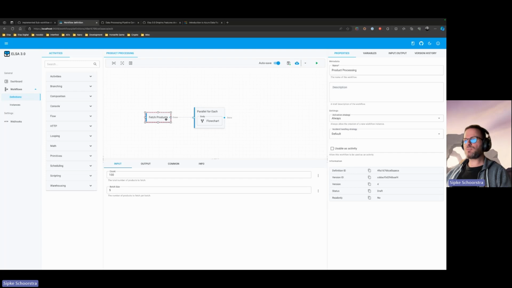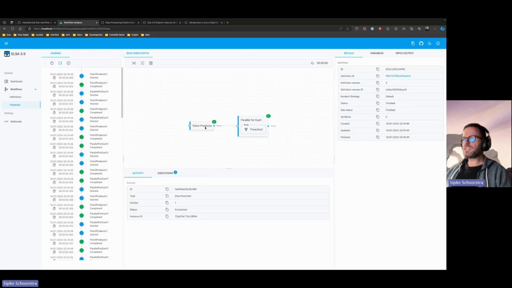So it's going to produce the output, it's going to complete itself, but it's also going to schedule itself for the second batch and then for the third batch, all the way until there are no more items to be produced. Which also means, in effect, this activity will execute multiple times, which also means this one will execute multiple times. And that could be regarded as a disadvantage because when we run this, we'll see that this one